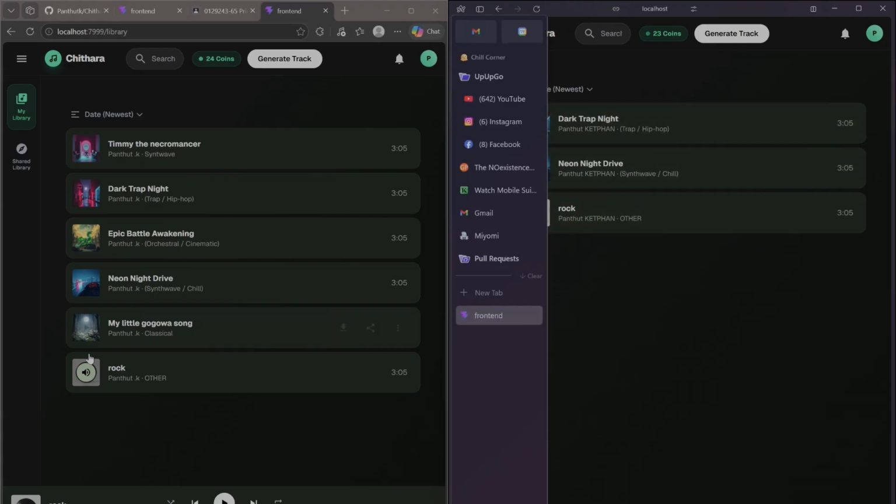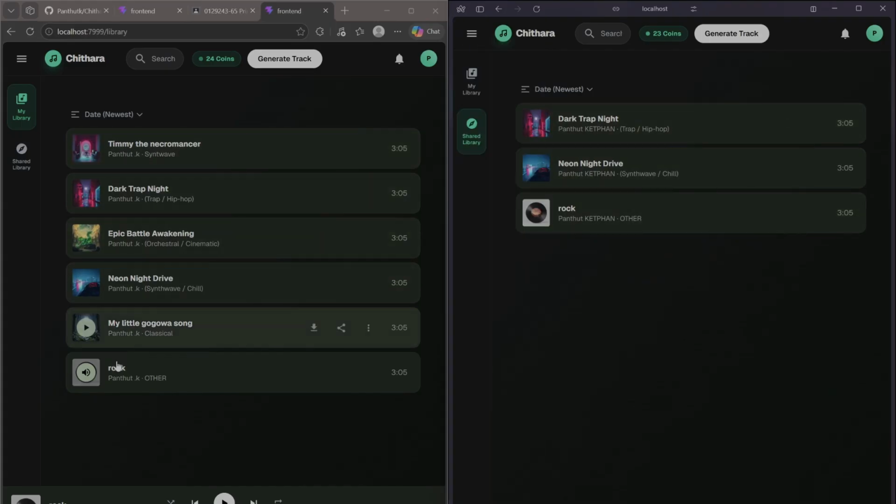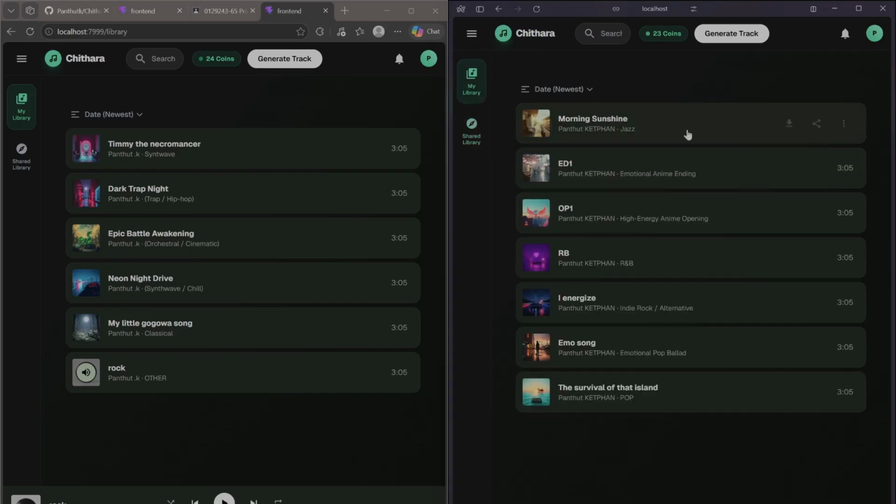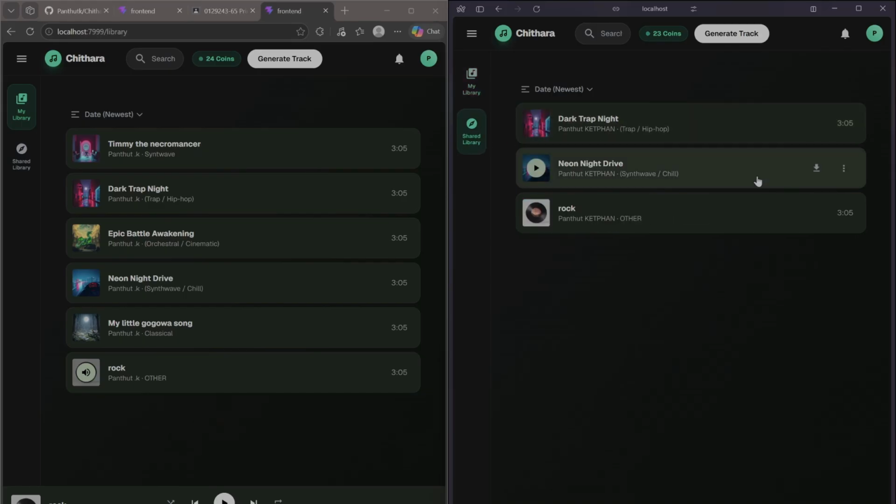As you can see, this one is shared. All of the music is shared from the user, and both of the accounts can share their own music to any other user that has the same role as the user. So you can download the shared music, but you cannot edit the title name, and you can also remove it from share. It only removes it from the shared library, not the owner library, and the owner can reshare it from their library again.